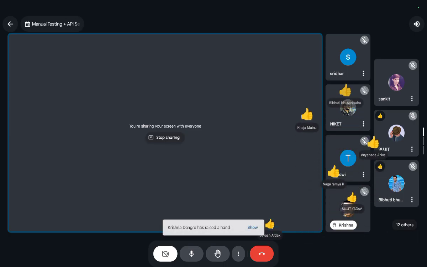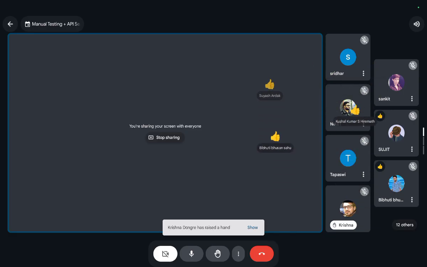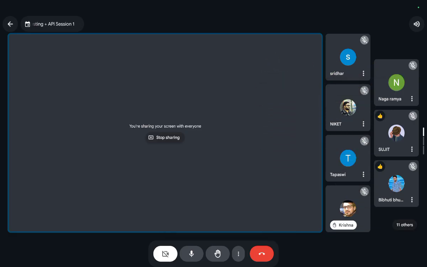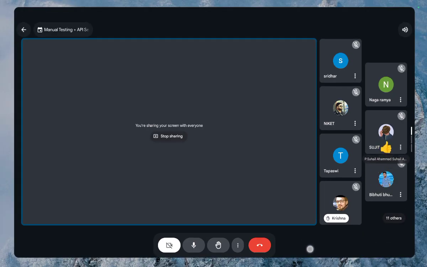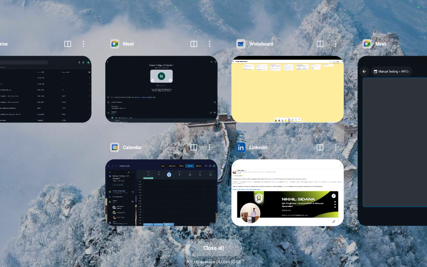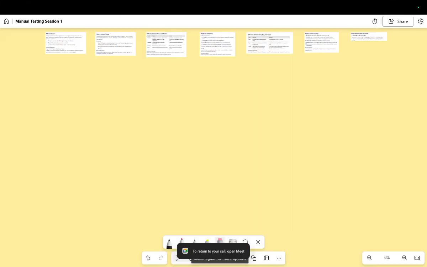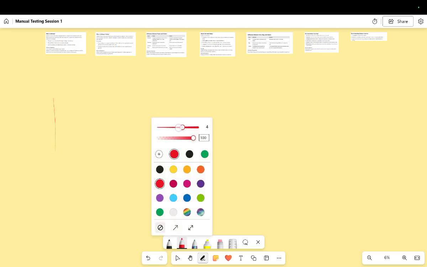Whosoever is not able to view, I guess it's an internet connection issue at your end. It's visible to everyone else. Give me a thumbs up if the board is visible. Sujit, can you please confirm if the board is visible? Yes, sir, visible. Cool. Let me increase it.